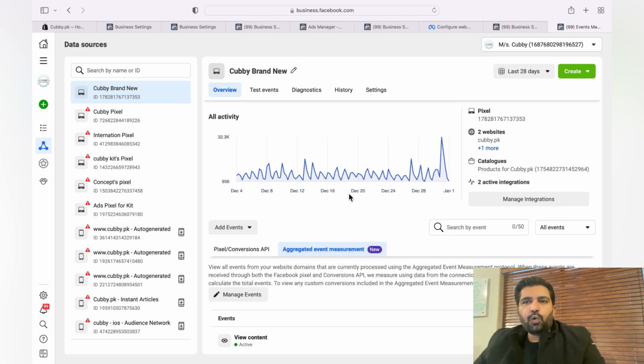retarget those people who have ever engaged with your Facebook or Instagram page. There are thousands of people who just like your post, share your posts, or interact with your posts on Instagram and Facebook in different ways. Create a custom audience and make a warm audience of those people who have interacted with your pages.